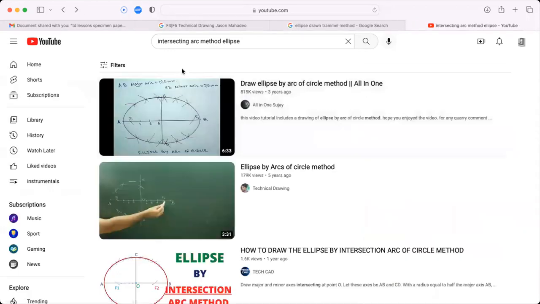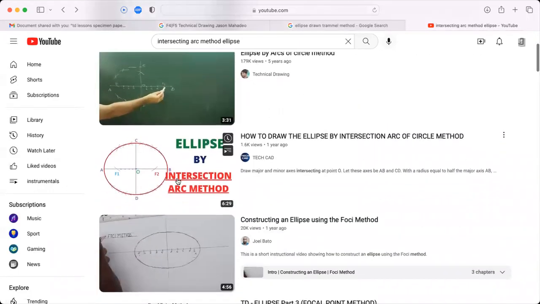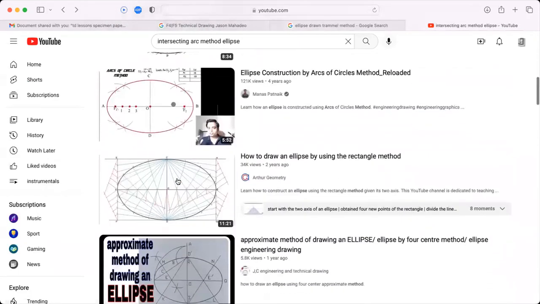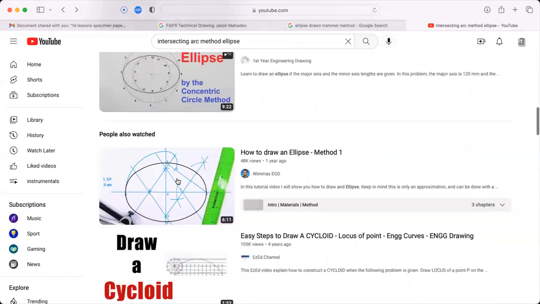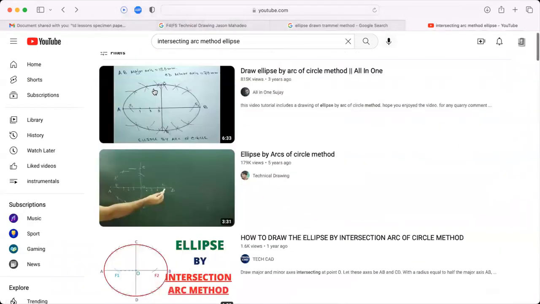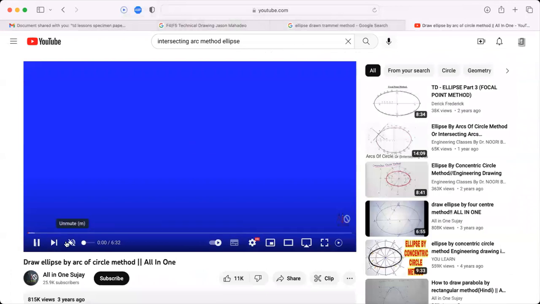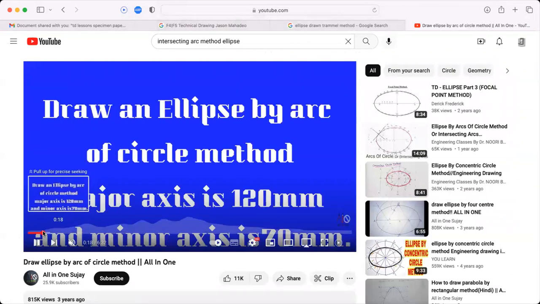Let me find a shorter one. I guess that was the shortest one. Anyways, it's just to kind of get an idea of what we're going on here, right? So